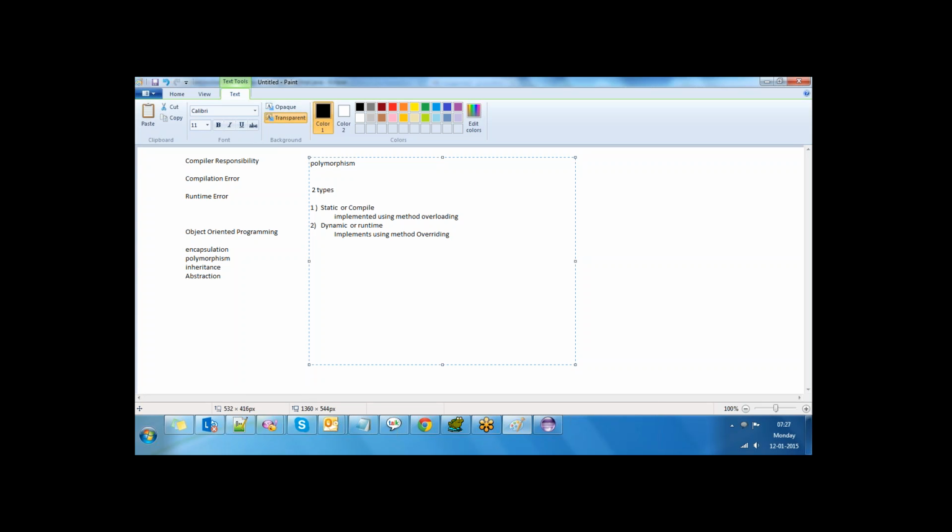Static or compile time polymorphism is implemented using method overloading. Super clear, right?